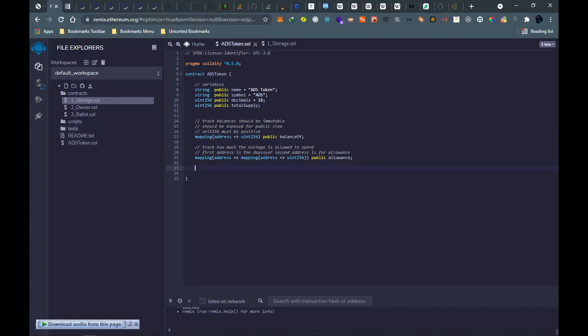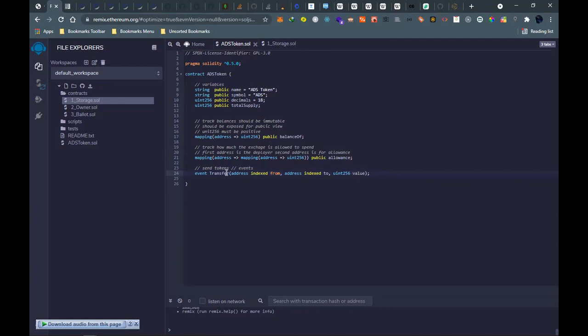Then we have the event to send the token, that is event Transfer. Event Transfer is used to send the token or the currency, and you have to emit that event. It normally has an address of the sender, an address of the receiver, and then the value that has been sent.